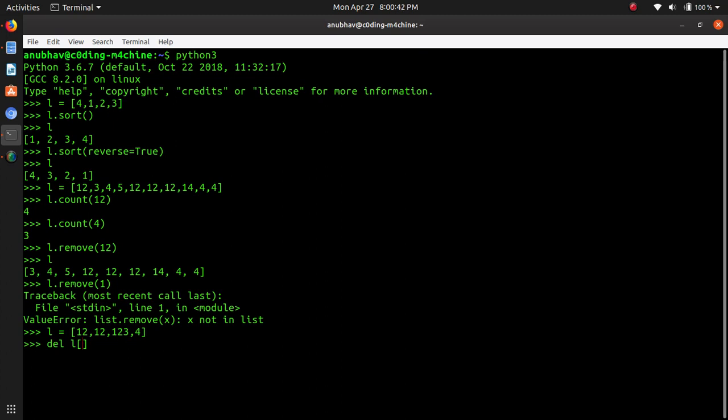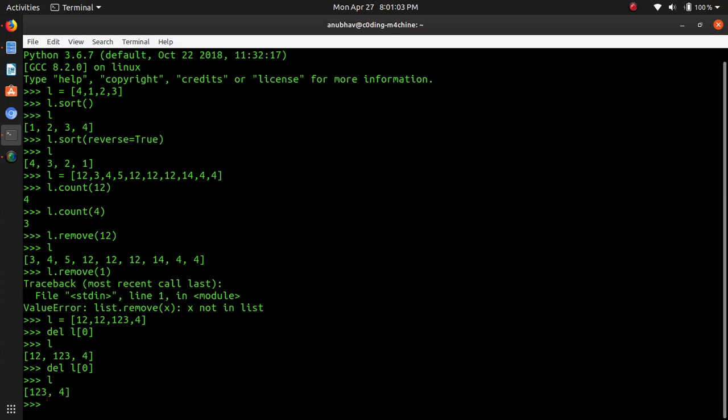If I type in 0, that is L0, the 12th element I want to delete, del L0, and check L there, the 12th element is deleted. And let's type in there again, so the element that would be deleted currently will be 12 again, and you can see the 12 has been deleted.